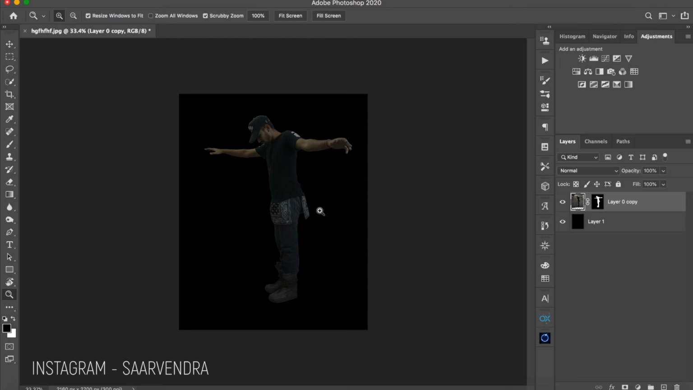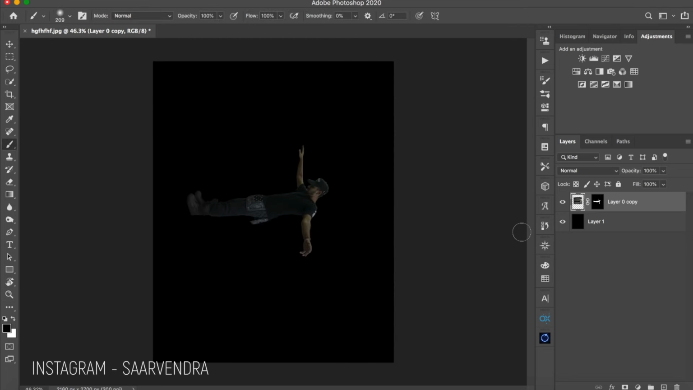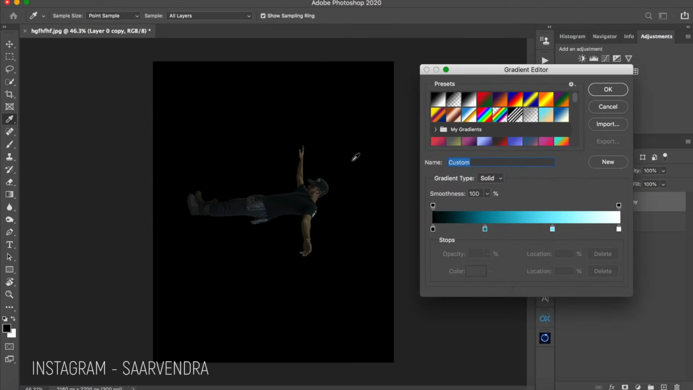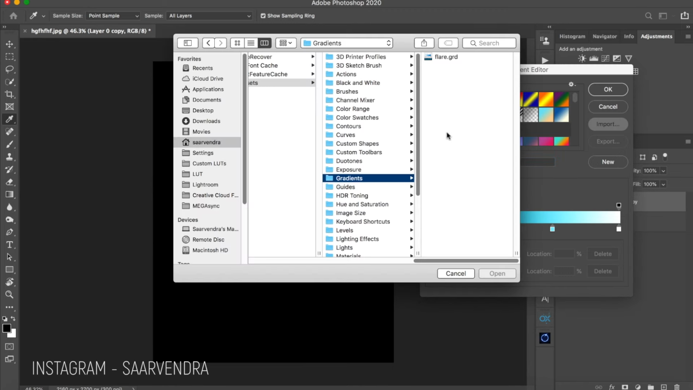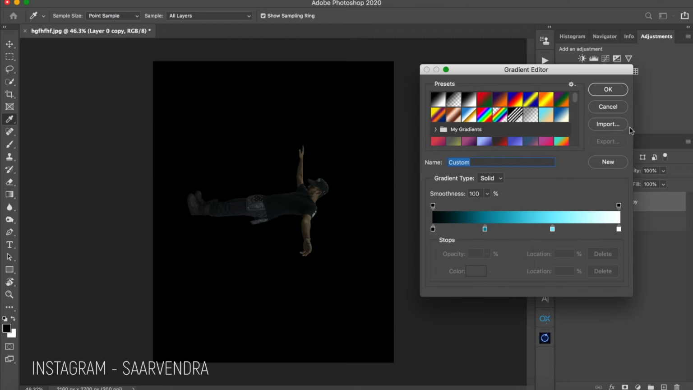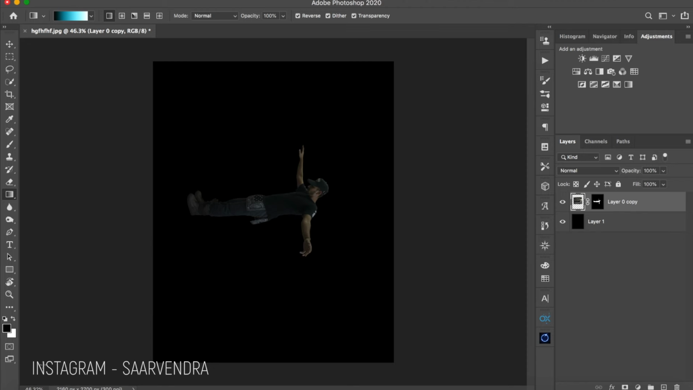So after this you have to put a gradient. The gradient is here. There will be a download link in the description, so you can import it and just click on that. I will be providing it. Just drag from